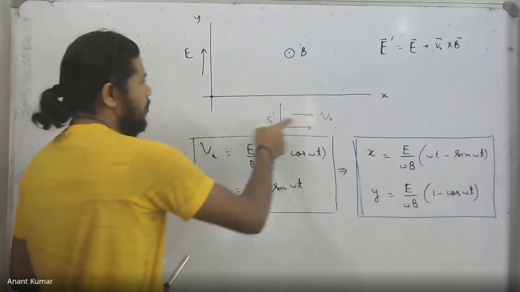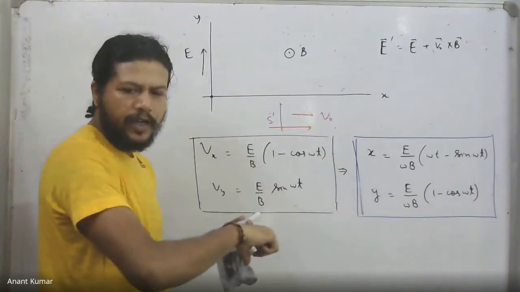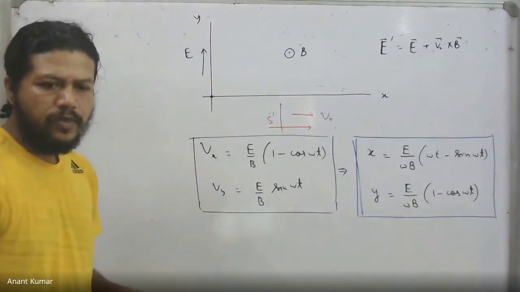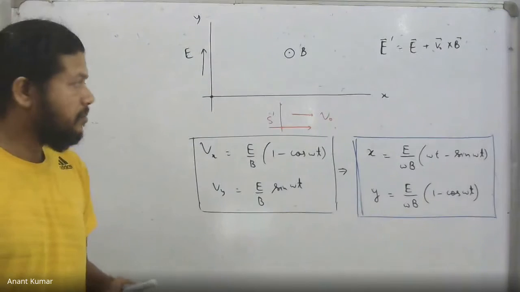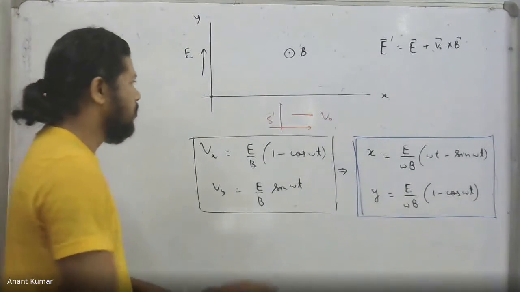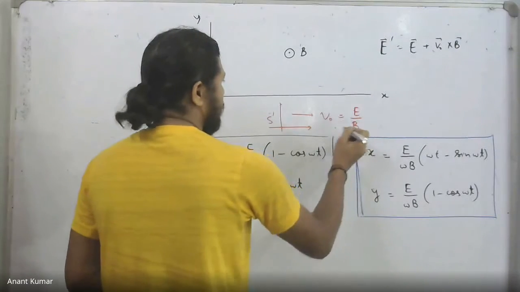V naught, you notice, is moving this way, then B is coming out. V naught cross B is pointing down, which implies the opposite, E, is up over there. So by suitably choosing the speed, I can make the net field vanish in this reference frame. So what happens is if I choose this to be E by B, if I select